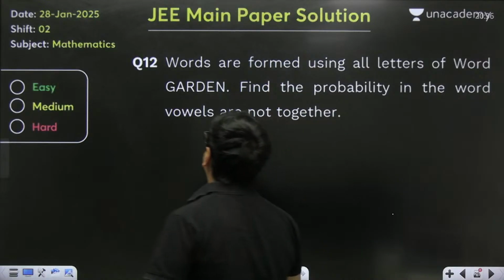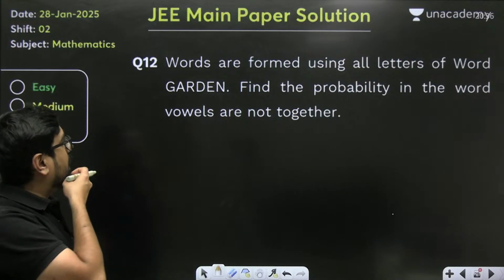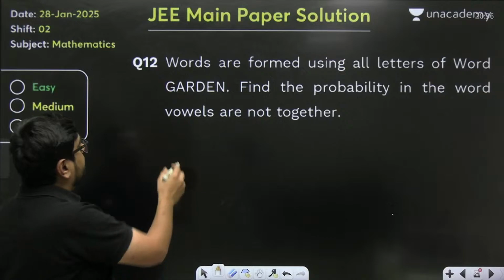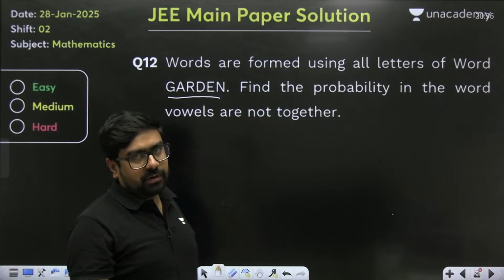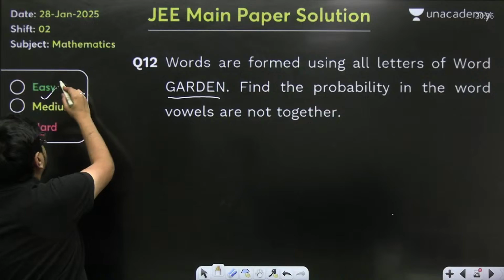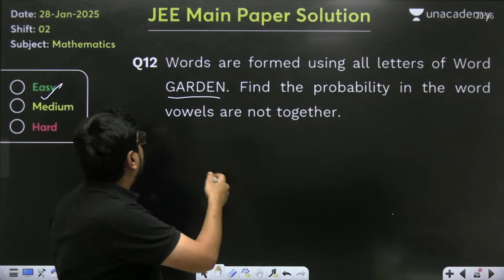Let's look at this question. Words are formed using all letters of the word garden. Find the probability in the words that vowels are not together. Now, this type of question is very simple and very tricky. Actually, the question is very easy, but a bit tricky. This is a one second question. So there are only 2